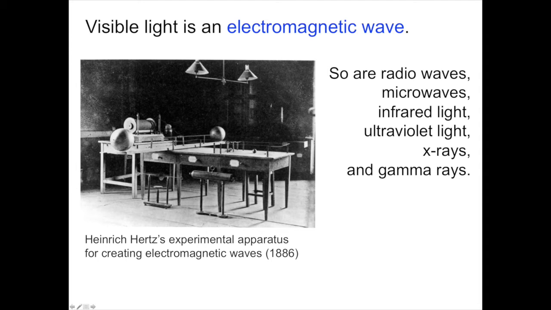This photograph here shows Heinrich Hertz's experimental apparatus for producing electromagnetic waves in 1886. He had a very large static discharge going off here between these two gaps, and then had a receiver which was able to pick up that static discharge and show that it twitched a needle or made a sound in a microphone at some distance. Not too surprisingly, you're making an electromagnetic wave and you're transmitting energy, which is then transmitted into making an electric current in this other device. What Hertz had basically created was a very primitive form of radio.